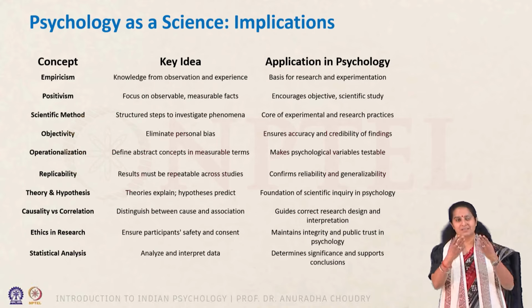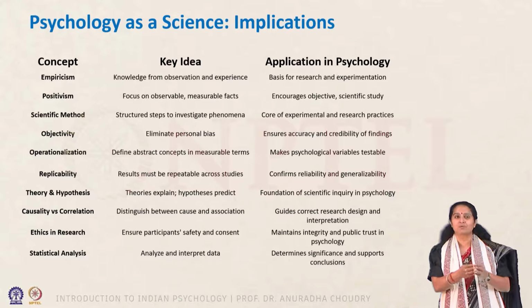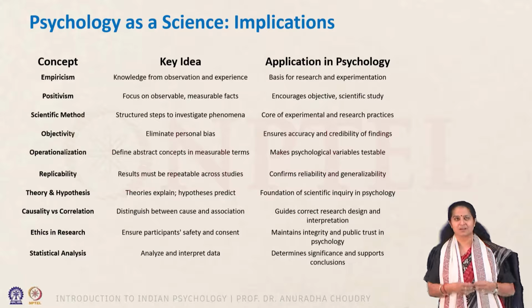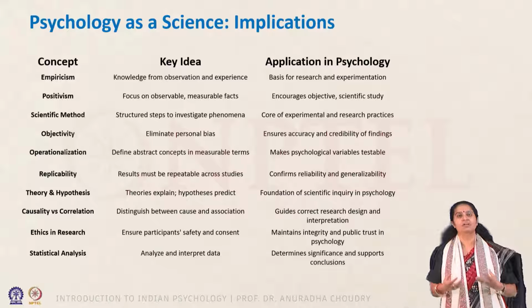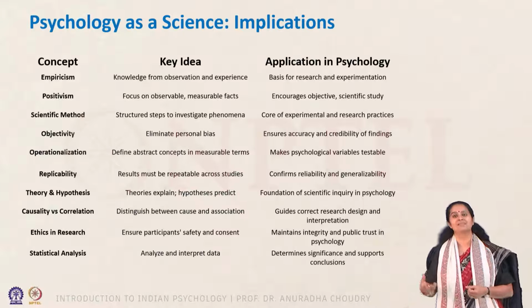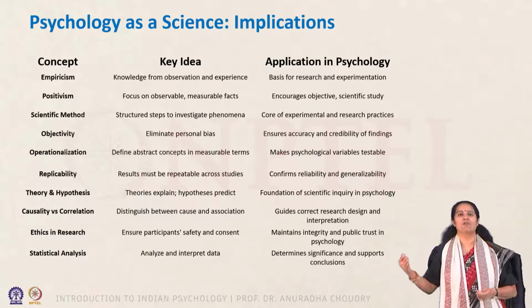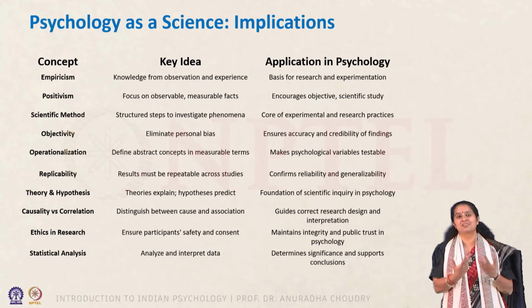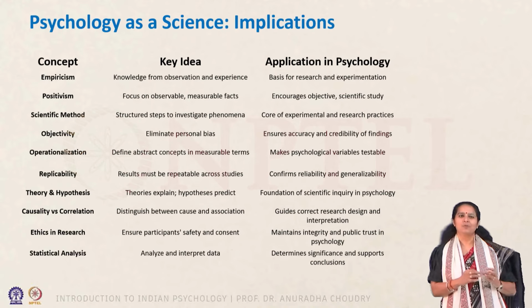But coming back to the requirement here, the next one is the most important feature of psychology in its scientific temperament that we understand today. So it requires objectivity, in order to eliminate personal bias, which would then ensure accuracy and credibility of findings. You see, automatically the subjective experience has been left out. And if psychology is not a subjective experience, then what is it? So these are big questions that come up.